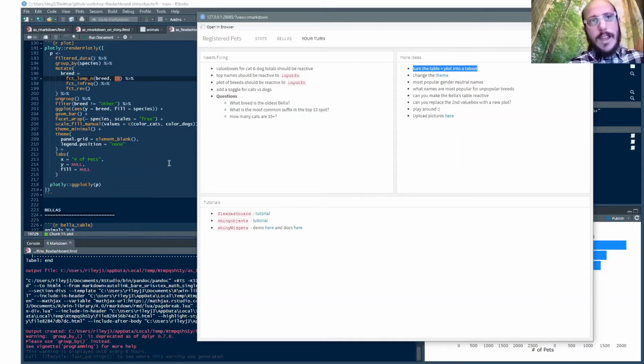And this is quite a lot. For the most part, I think that Flexdashboard reads like R Markdown. The big change is really just that input$ object, and then the render. So I think shinyobjects is really what's going to help you